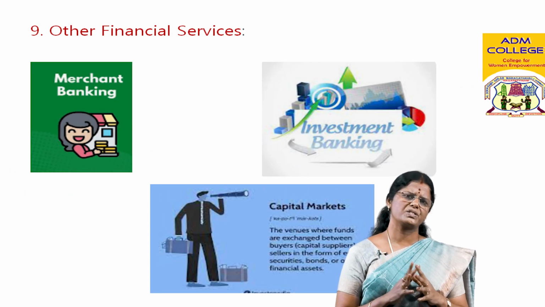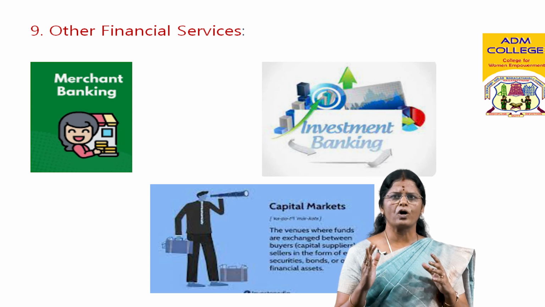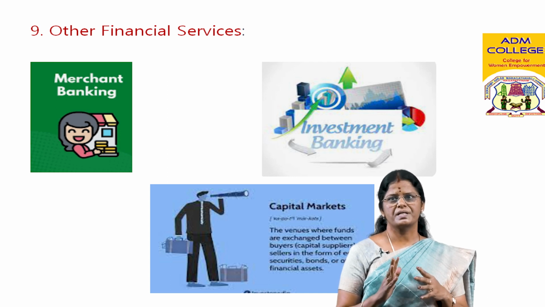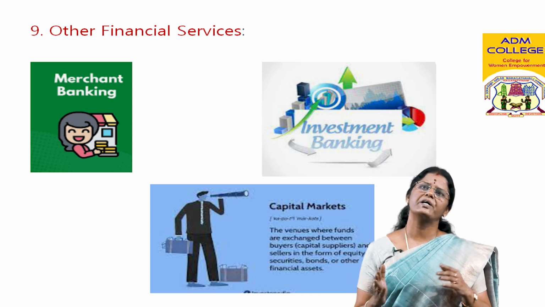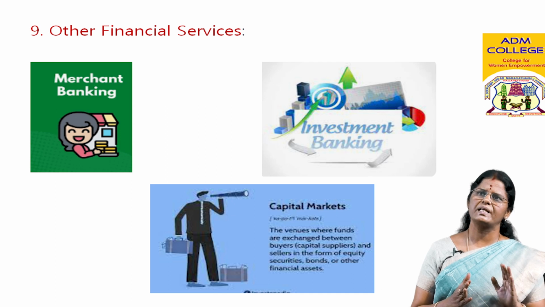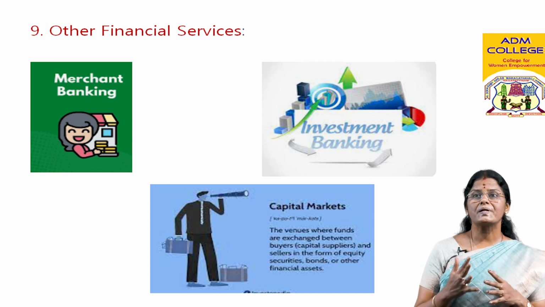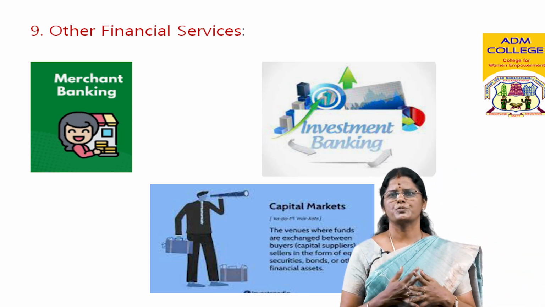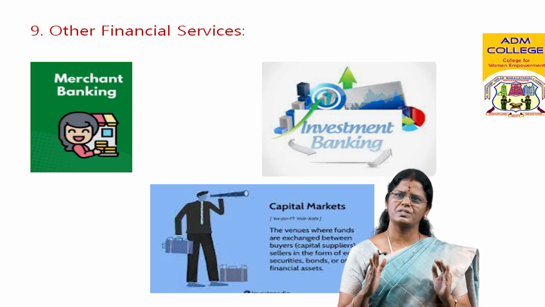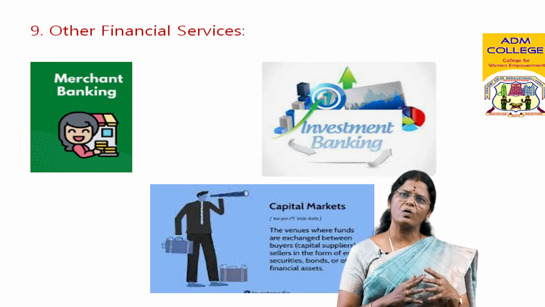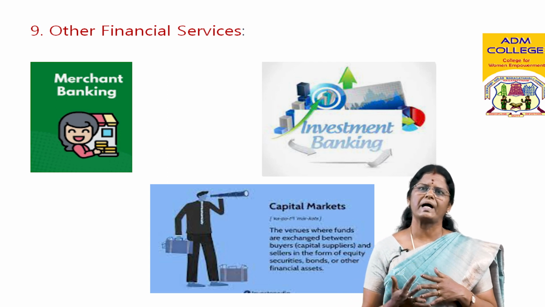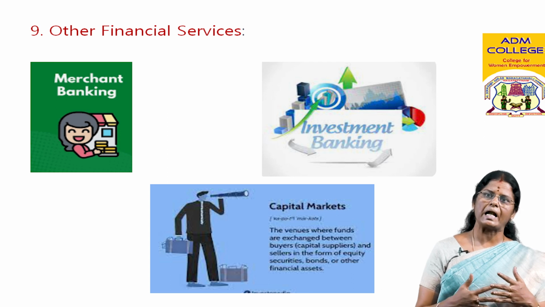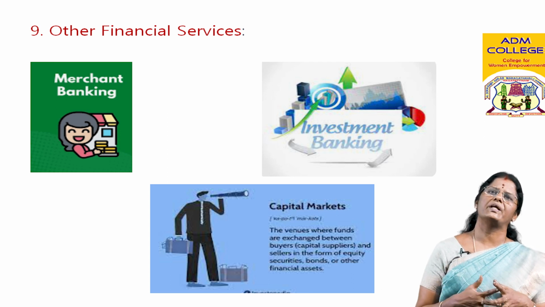Next, other financial services. The commercial banks may offer various other financial services, including insurance products, treasury services, investment banking, merchant banking, financial advisory, and capital market services. The specific services offered can vary depending on the bank and its expertise. It is important to note that commercial banks are subject to regulations and oversight by central banks and regulatory authorities to ensure stability, consumer protection, and compliance with the banking laws and regulations.